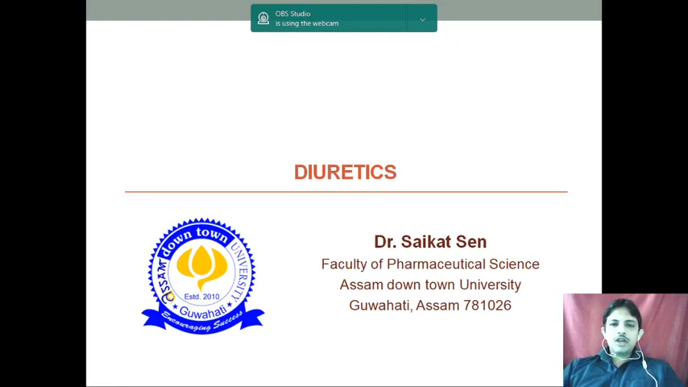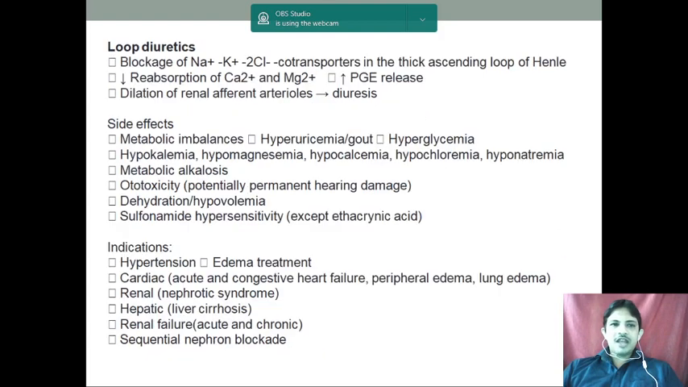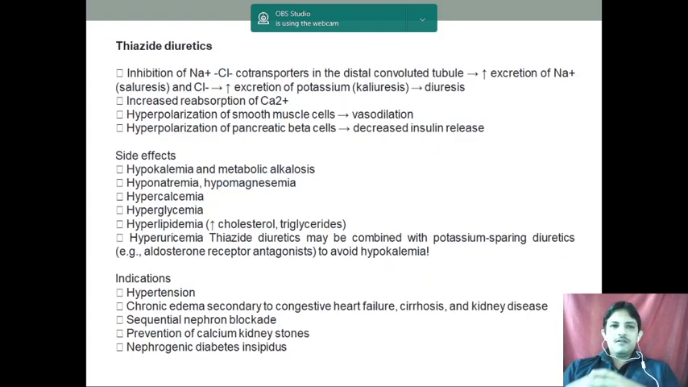Good morning. Next, we are going to see about the thiazide diuretics and loop diuretics. What are the different functions and all? Now, as we have already told, the thiazide diuretics inhibit the sodium and chloride transporter